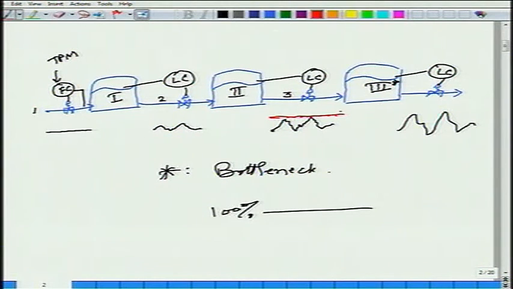So this set point of the feed must be adjusted such that whatever is the transient in the feed to the bottleneck unit, during that transient, the maximum capacity constraint is not violated. Okay, that makes sense? All right. Then what does this represent? The shaded area. This shaded area is lost production. Yes or no?